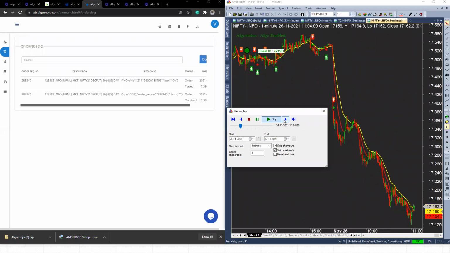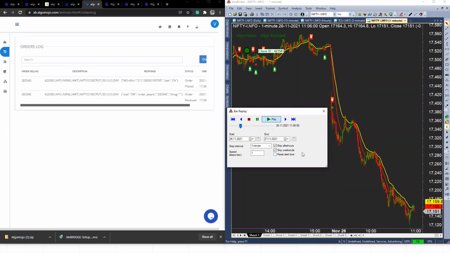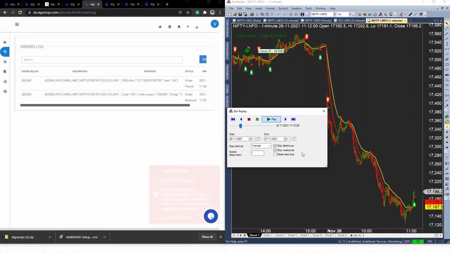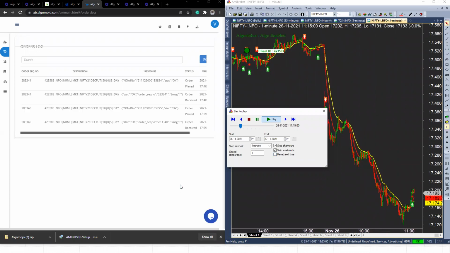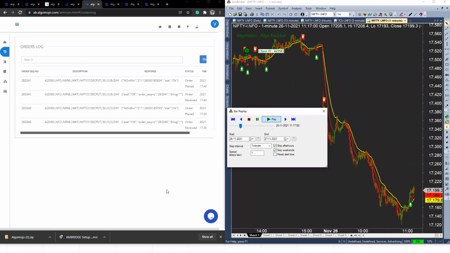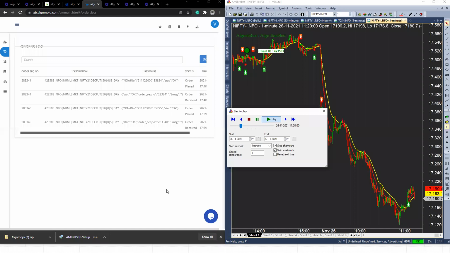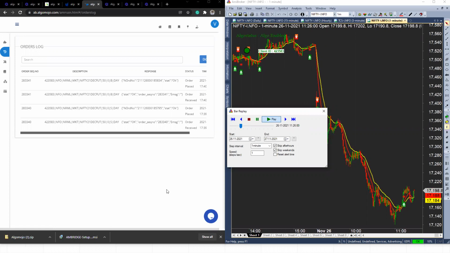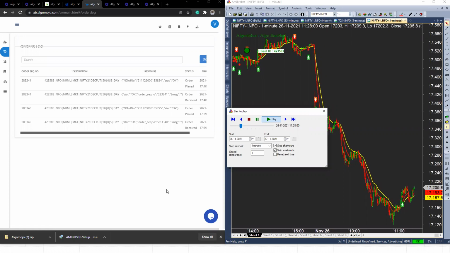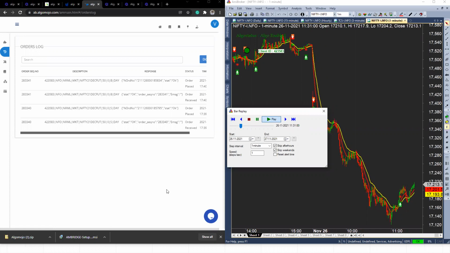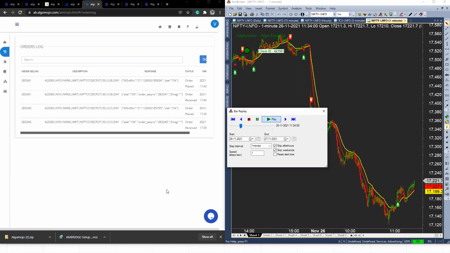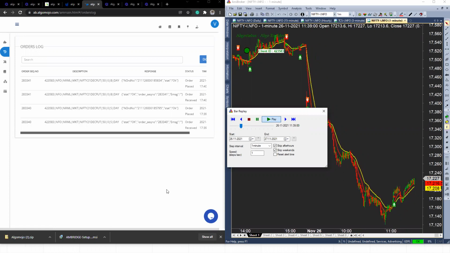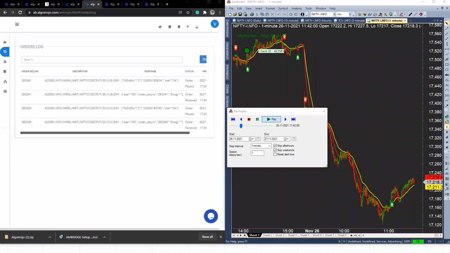Let me fast forward again. About to generate a buy signal, pretty close to that. Buy and cover: you can see that the moment the buy signal appeared, the very next millisecond, hardly another 100 to 200 milliseconds is what it generally takes to fire the orders. Instantly, you'll be able to see those orders coming in the trading accounts. And that's the beauty of AlgoMojo itself. The moment it happens in AmiBroker, instantly it is fired to AlgoMojo, and then AlgoMojo in turn sends it to the broker. In the meantime, let me take a couple of questions here.